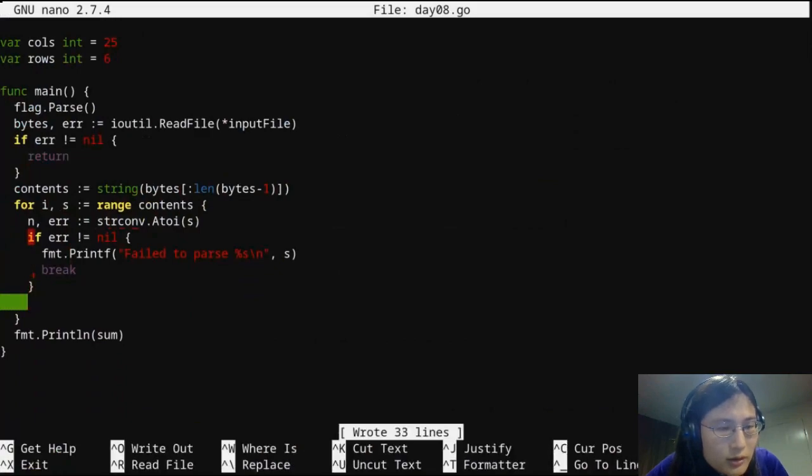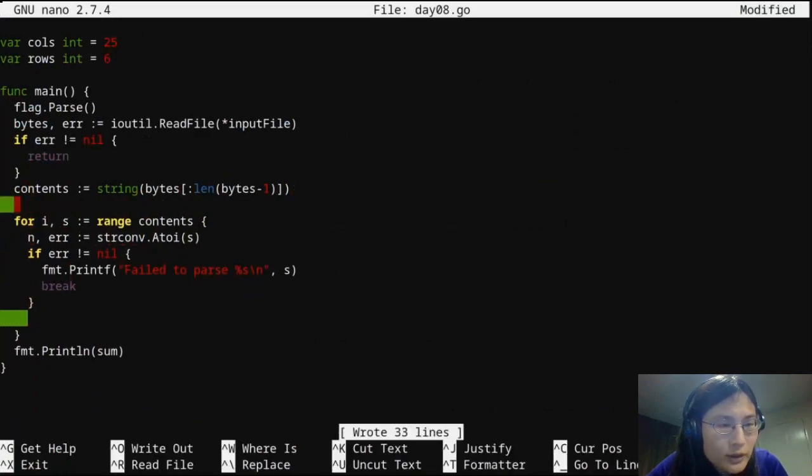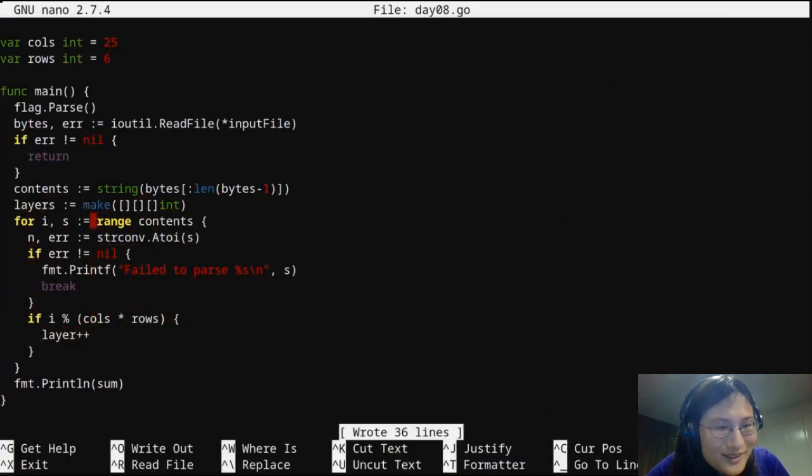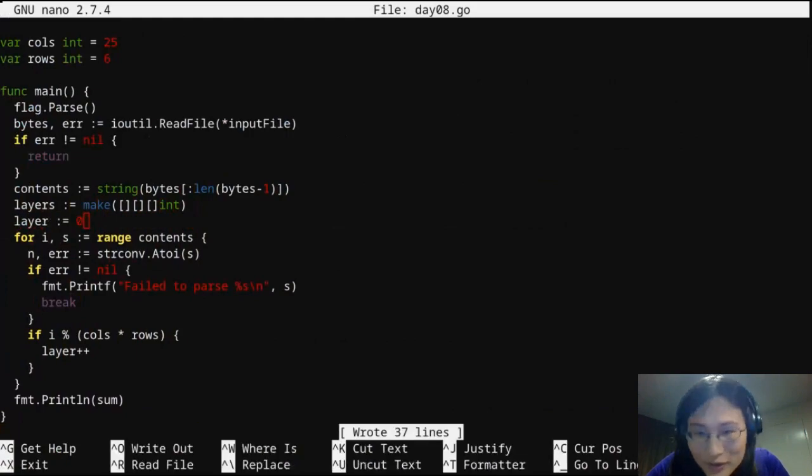All right. So I need to have a number of layers. I think that should do the trick. My God, this is funny. Okay. So, all right, then all right, layer 0.